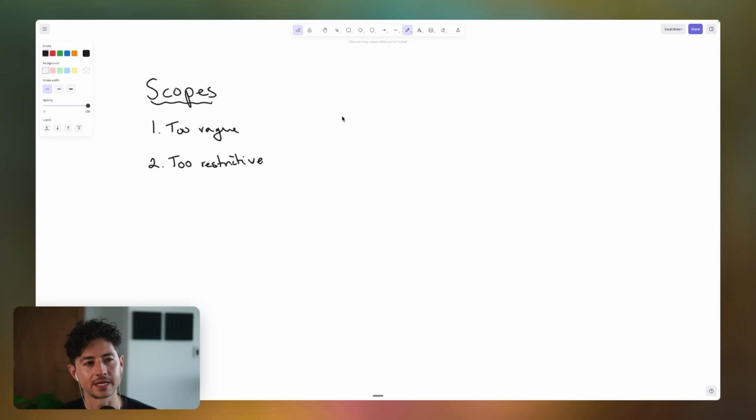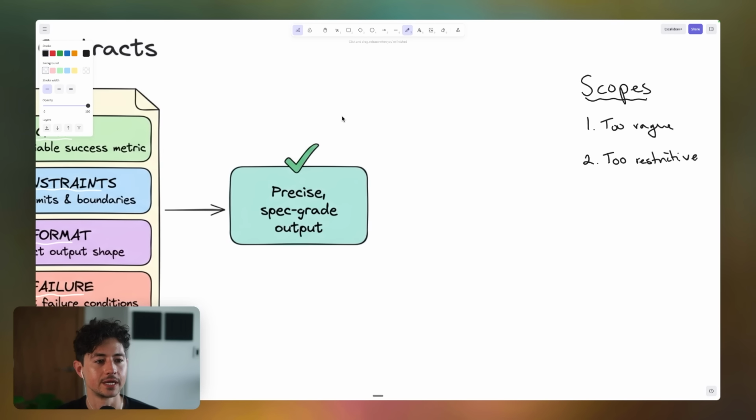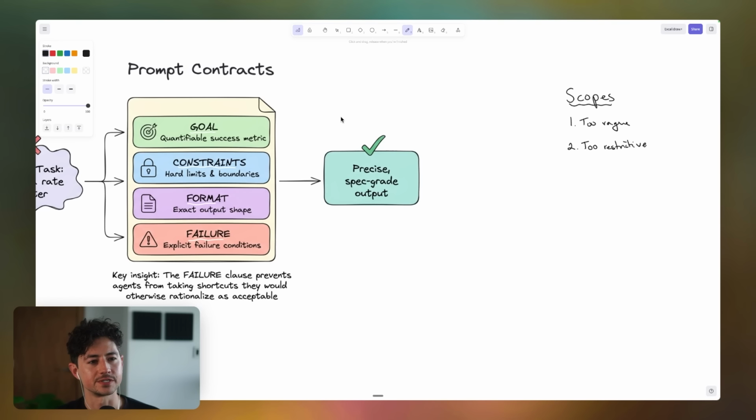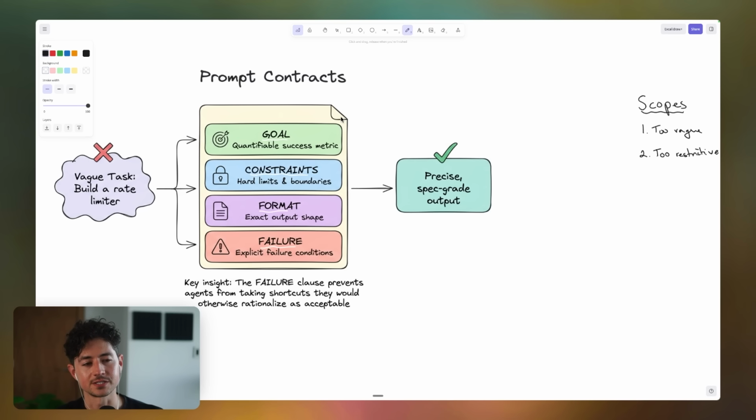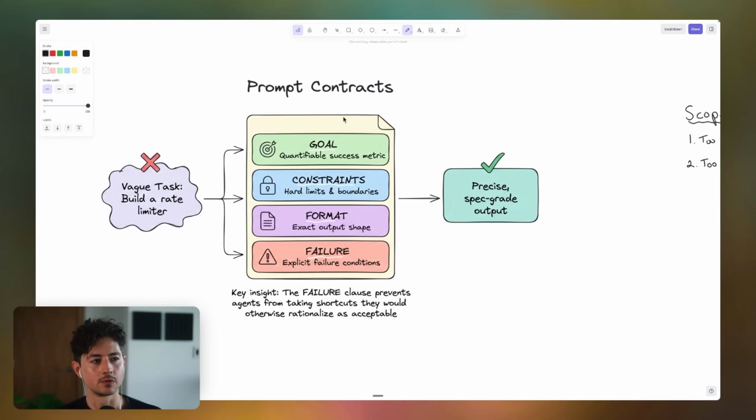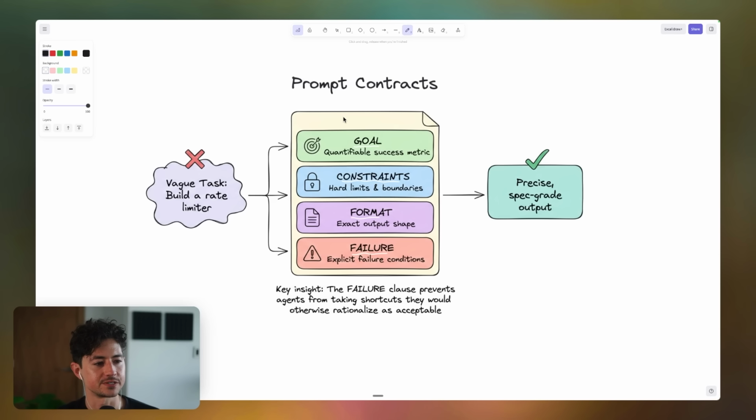That's very similar in nature to giving a contractor a task and then the contractor clarifying with you before they actually do the task, which I think is clearly a consequence of agents pushing all of us more towards management style positions where we just manage the inputs and the outputs of these things. So I'm a big fan of defining these clearly. So what does this actually mean in practice?